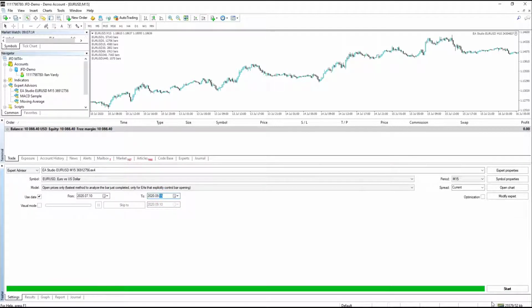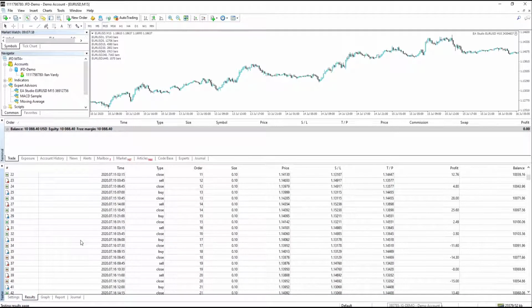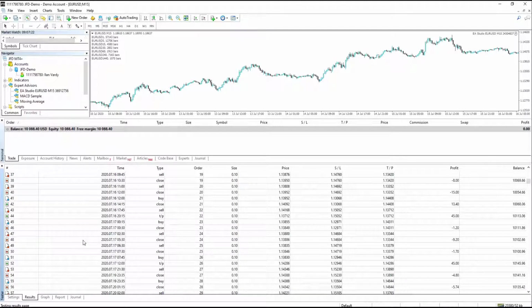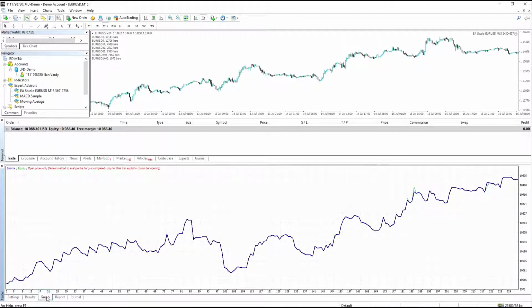Right, then we click Start. It runs very quickly. Here are all of our results. As you can see, we have quite a few trades that have opened and closed in that time. And we're going to look at the graph next. Now, this is the graph on the backtest from MetaTrader 4. And now, if I open the graph from Expert Advisor Studio,